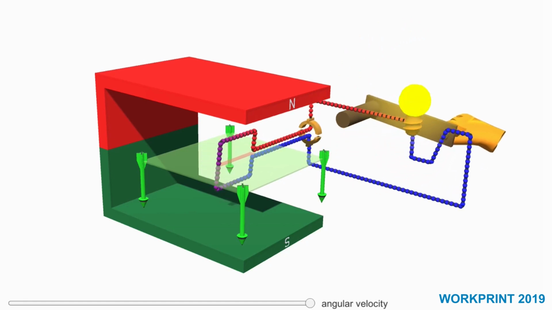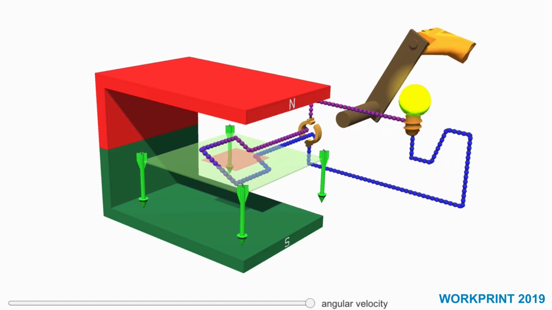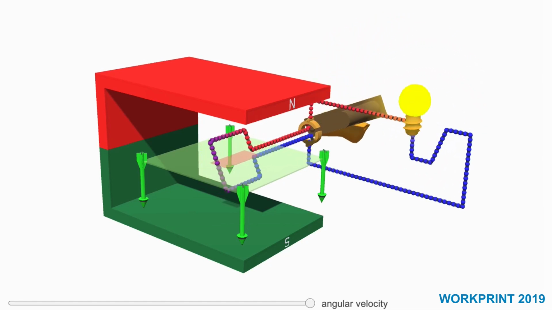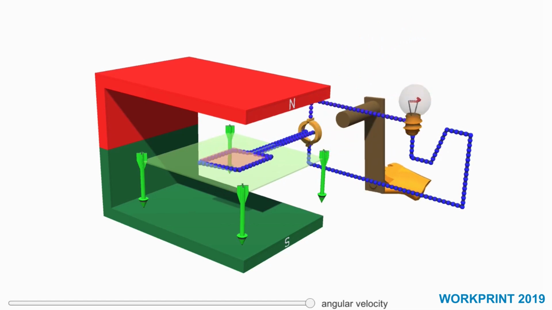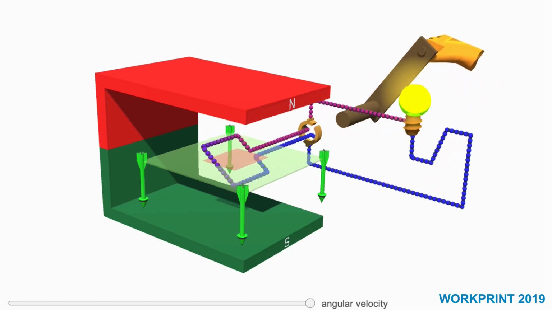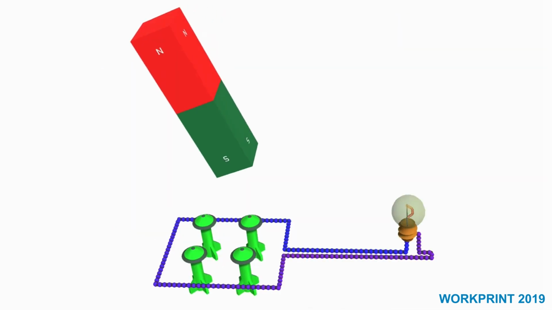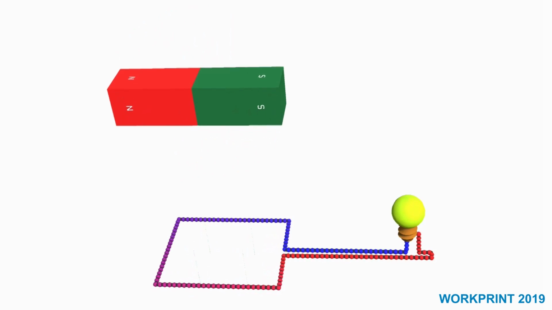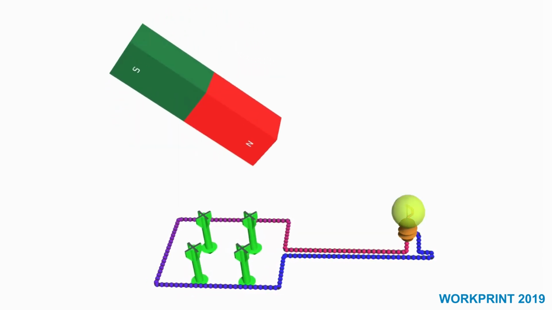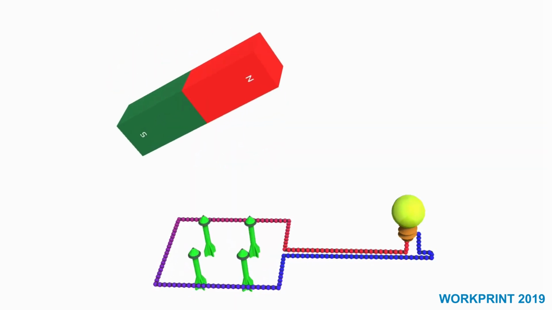The common formula says that we have to change the size of the area in the coil, or we have to change the magnetic field in the coil. So we have both possibilities. There are also a variant of models. For the end of the video, I also got such a model.